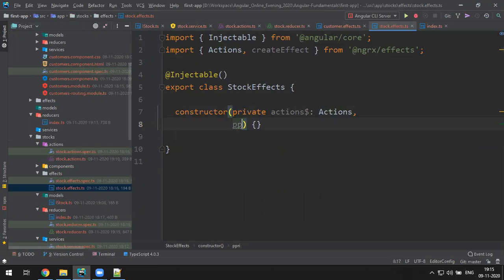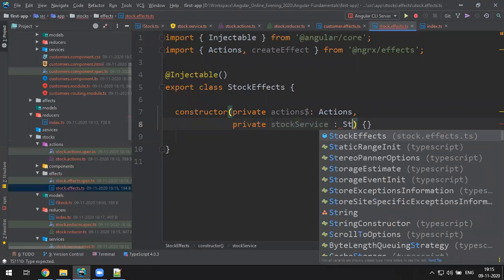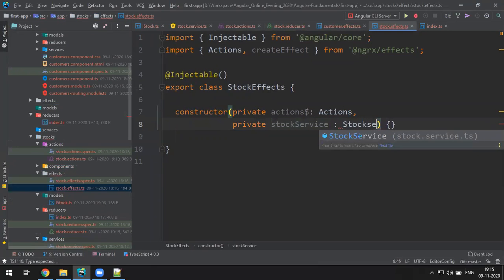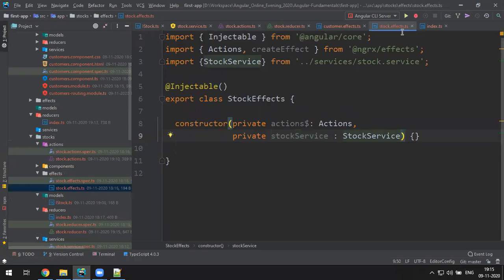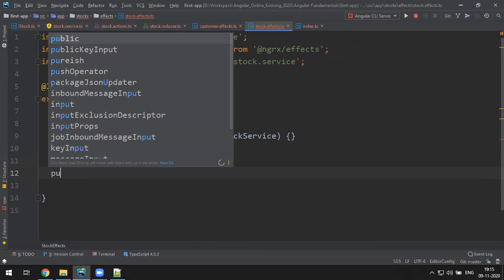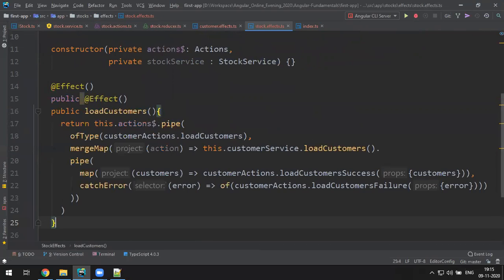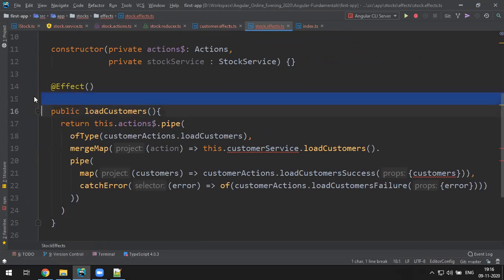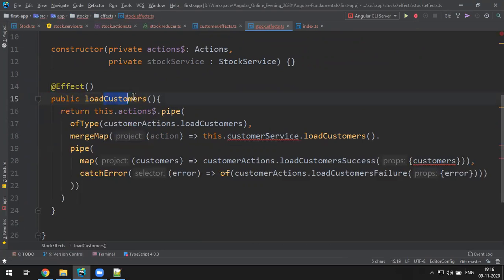So private stock service of type stock service, and then let's say at effect. So just say public. Oh, I already have it. I pasted. So let's say load stocks,